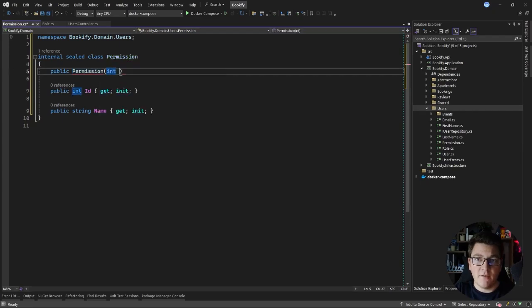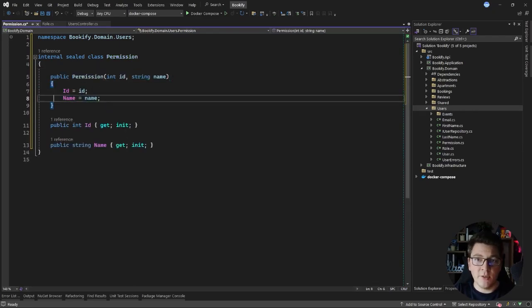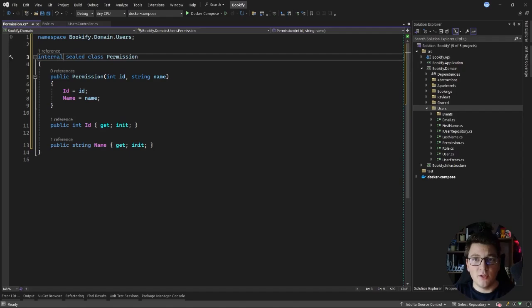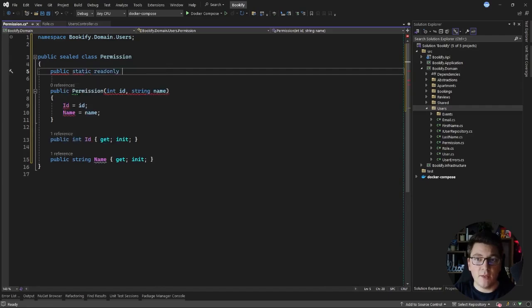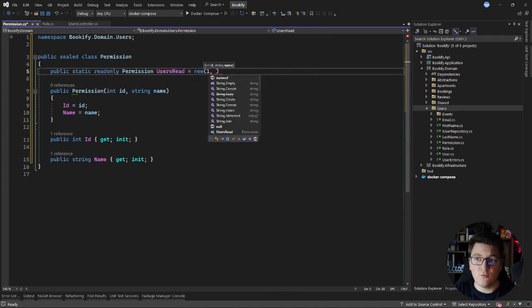We're going to have an ID and a name as the argument, and we're going to assign it to the properties. I'm also going to make this a public class. Now I want to define a public static read-only field returning a permission, and let's call this permission the user's read. We're going to give it a new permission instance with the ID of 1, and the permission name will